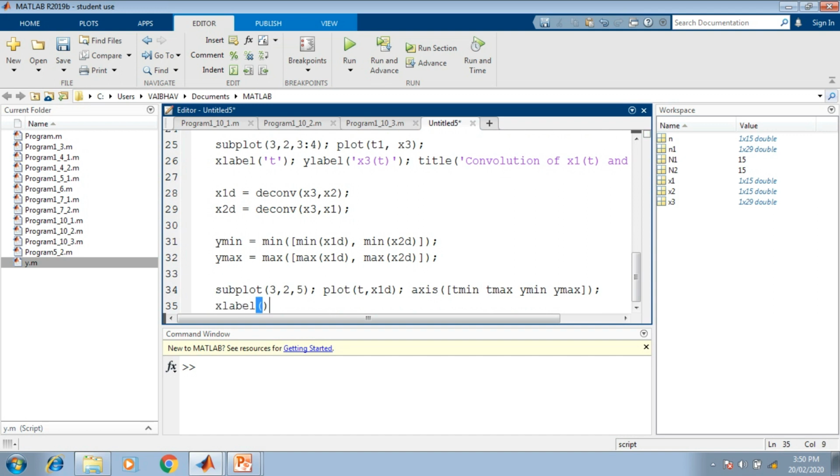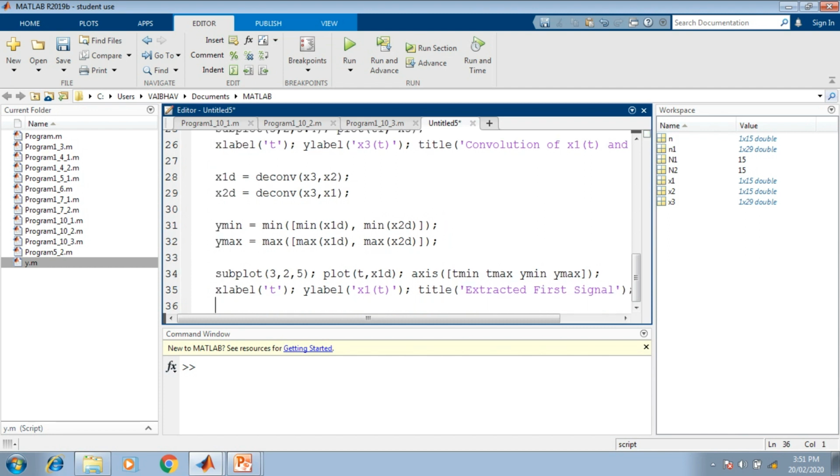X label will be the parameter t in the continuous time, then y label. So for y label it is the representation of x1 of t here, the first original signal, and the title we specified extracted first signal. So this is after deconvolution here.